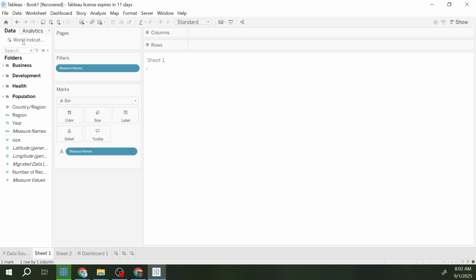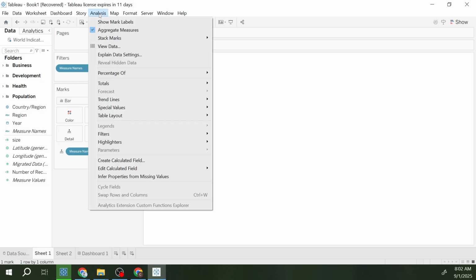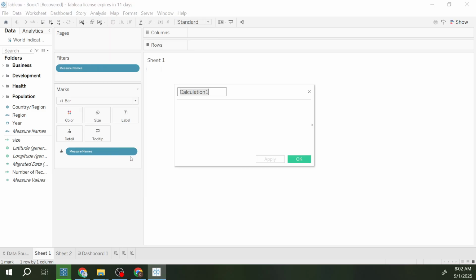After your data is connected, it's time to navigate to the Analysis menu. This is where the magic starts to happen. Select Create Calculated Field from the Analysis menu. This action opens up a whole new realm of possibilities, allowing you to define custom calculations that transform your data in powerful ways. Creating a calculated field is like scripting a mini program within Tableau, helping you to derive insights